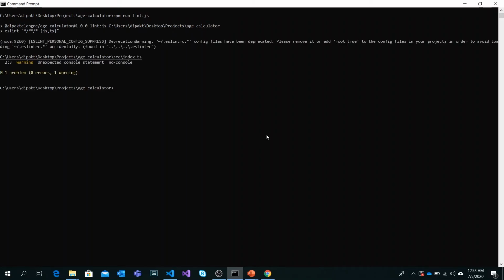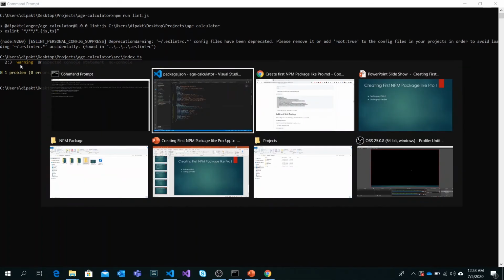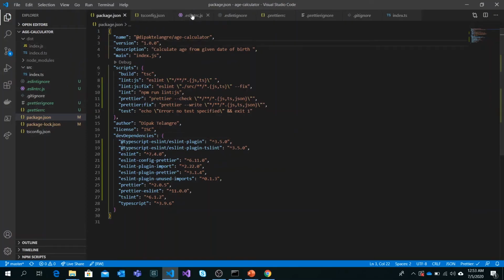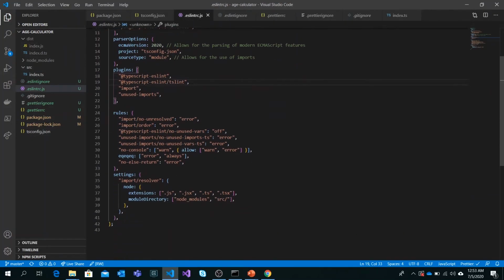You can see that it mentions a warning. All these things can be divided into error or warning, and we have specified these rules in the rules section of the ESLint configuration.